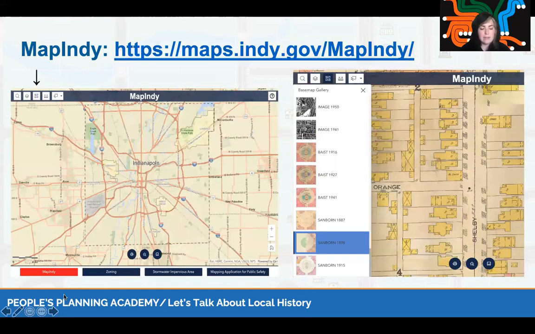So now let's dive into some useful databases. One of the first places I like to start is at MapIndy, which we will run through during our live activity for our module. Just for some background information, MapIndy is a GIS program hosted by the city of Indianapolis that visually layers a Google map with all sorts of data compiled from our city assessor's office, surveyor's office, and